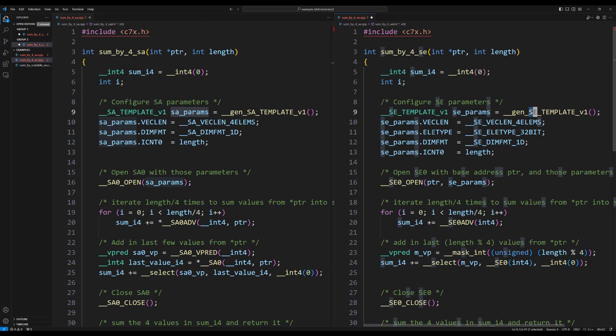So there's only one new field to describe, and that's this one, ELE type. And what you're saying is, what is the size of a single element in the vector? Well, this is a vector of 4 integers. An int is 32 bits, and so that's why you choose this particular type. It's an enumeration value to initialize this field with. All right, so now that the SE configuration is set,